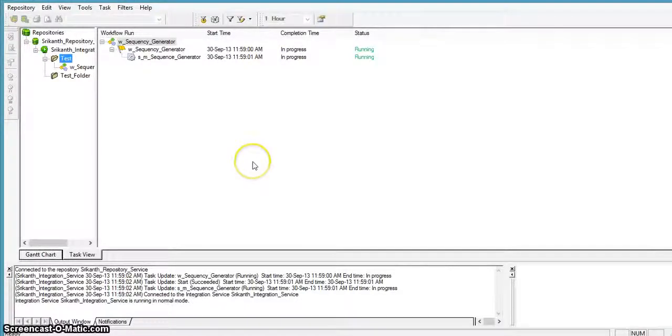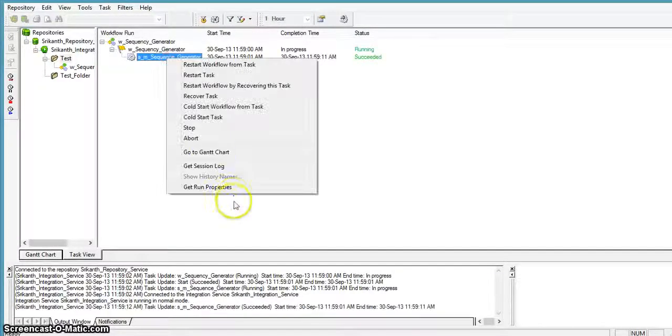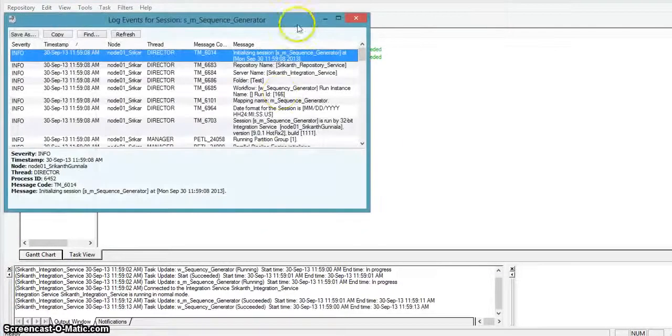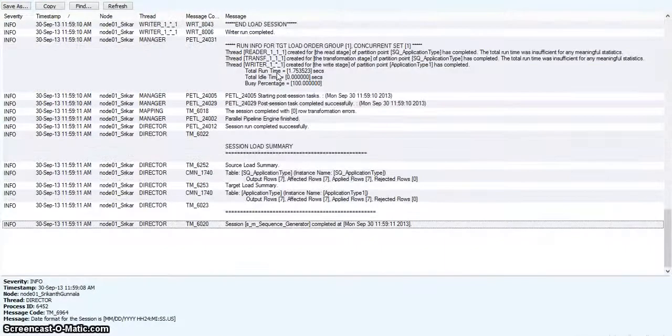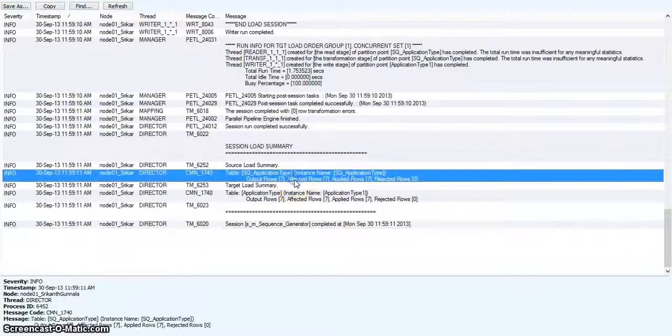In the monitor we can observe the session run status. Here the session ran successfully. If you go into the session log, we can see in source we have 7 records and these are loaded into the target.